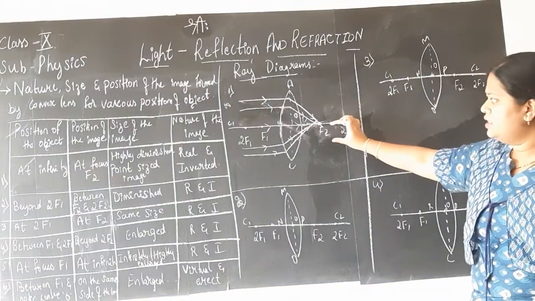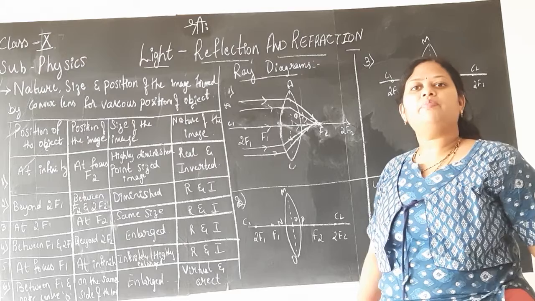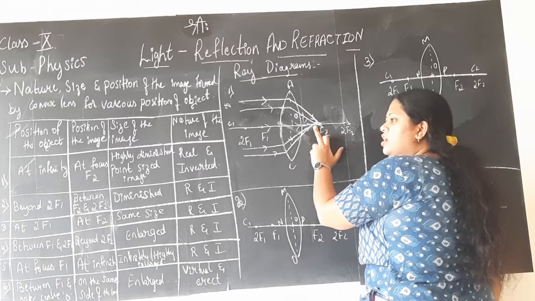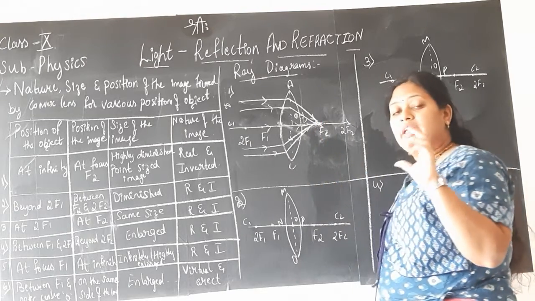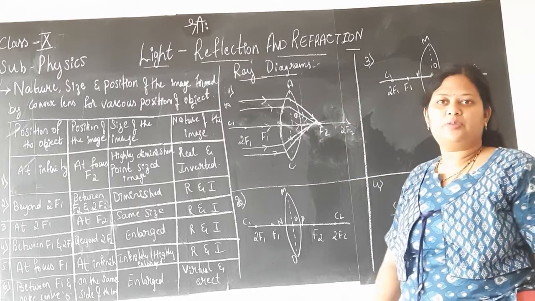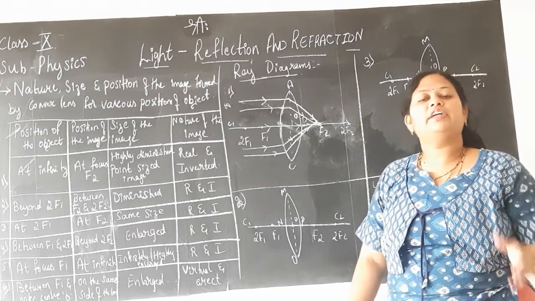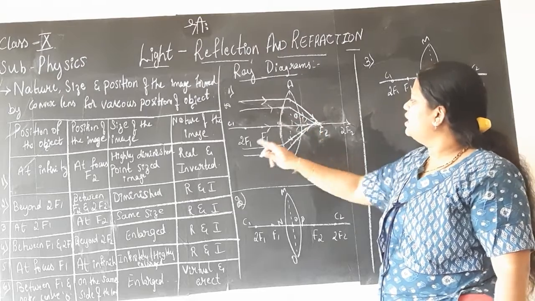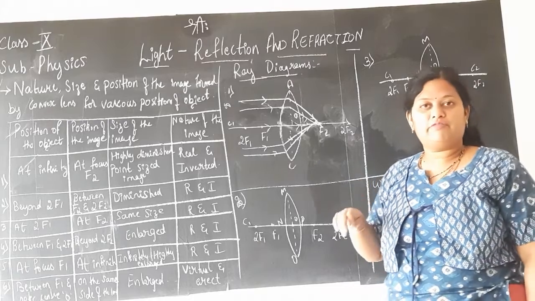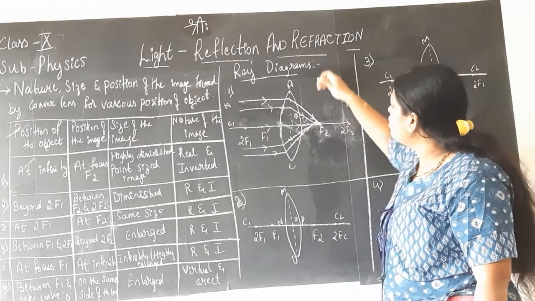All the rays of light will meet at F2. The image of the object is said to be formed at F2. Now, if you observe, children, we used to mark the image height as A dash and B dash either above the principal axis or below the principal axis. But here, the image is formed on the principal axis itself. The rays of light after refraction are converging at F2, that is the principal focus F2, on the other side of the lens. So you are not getting any height of the object or image.